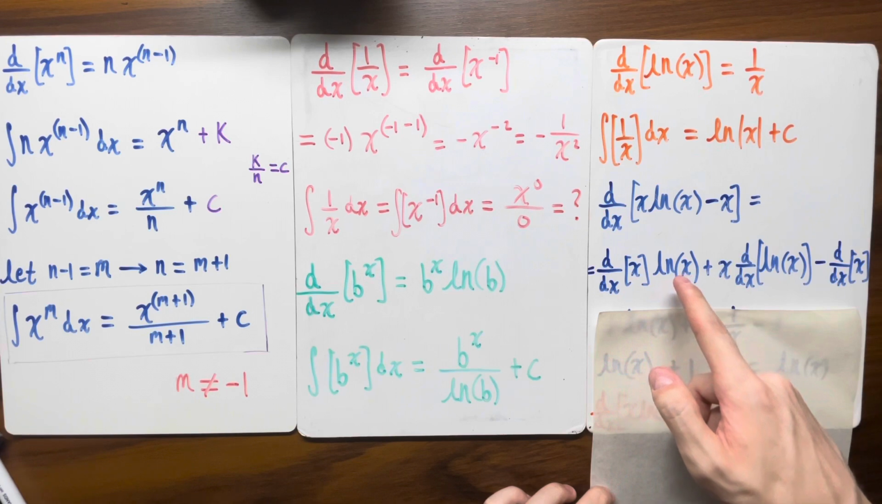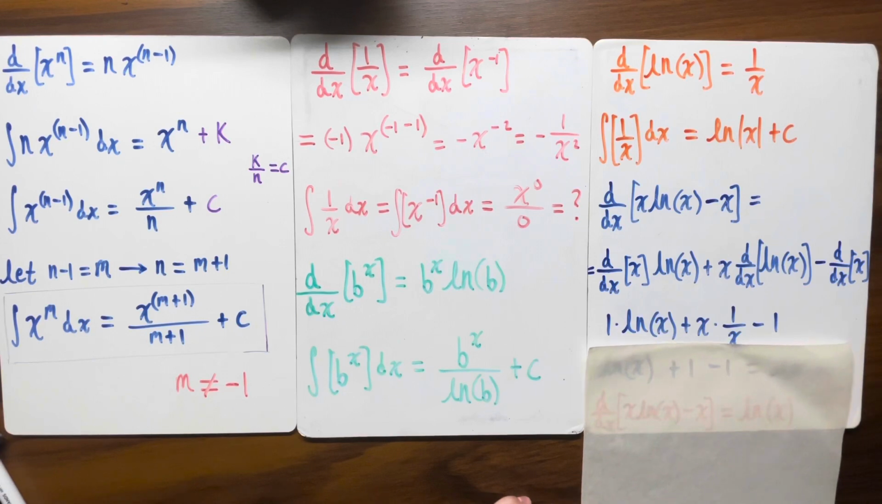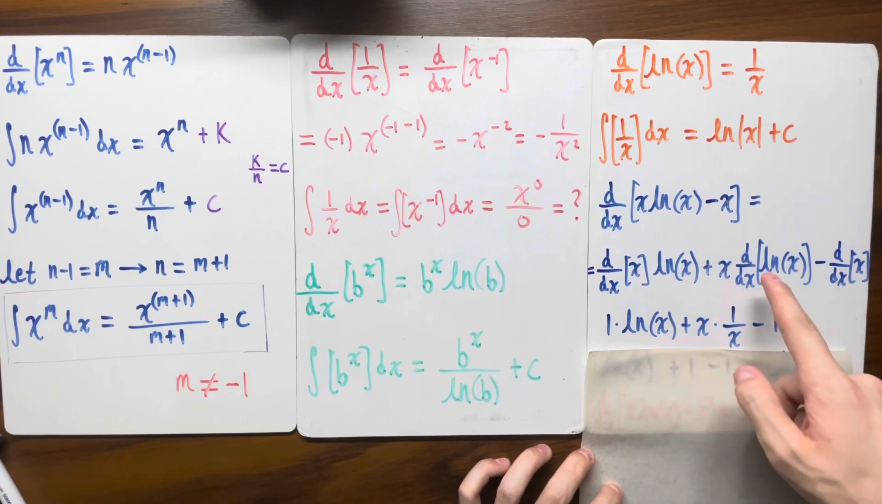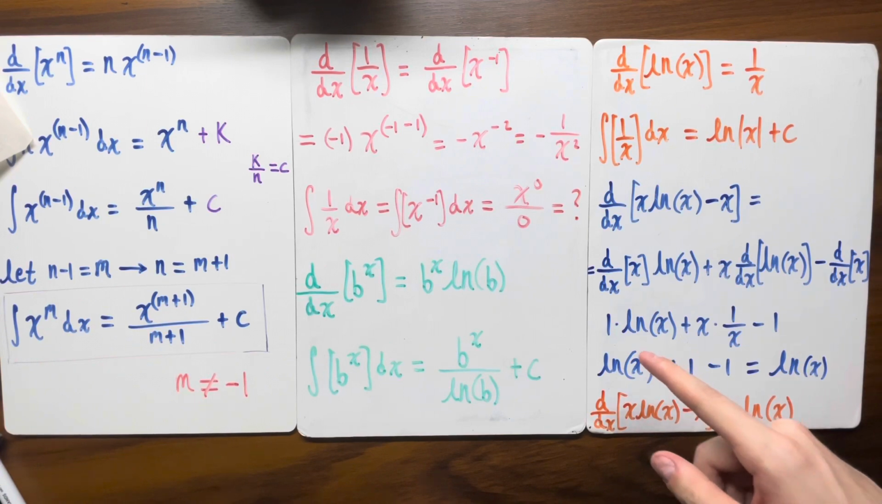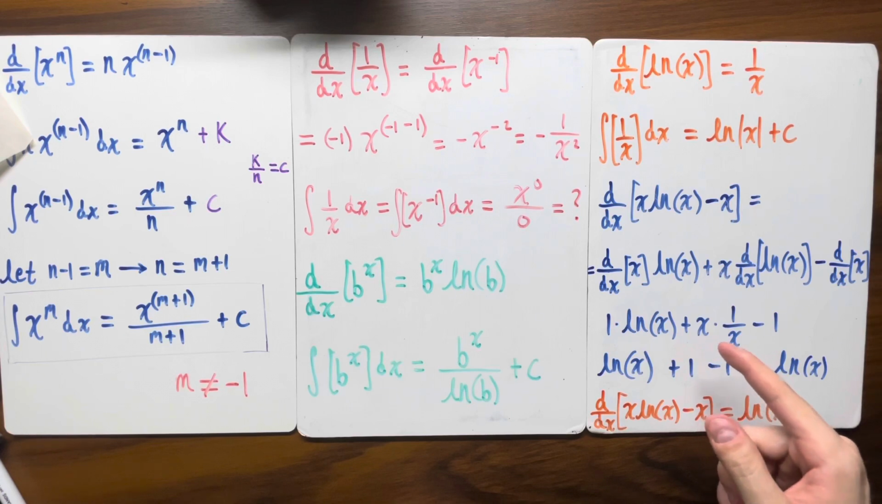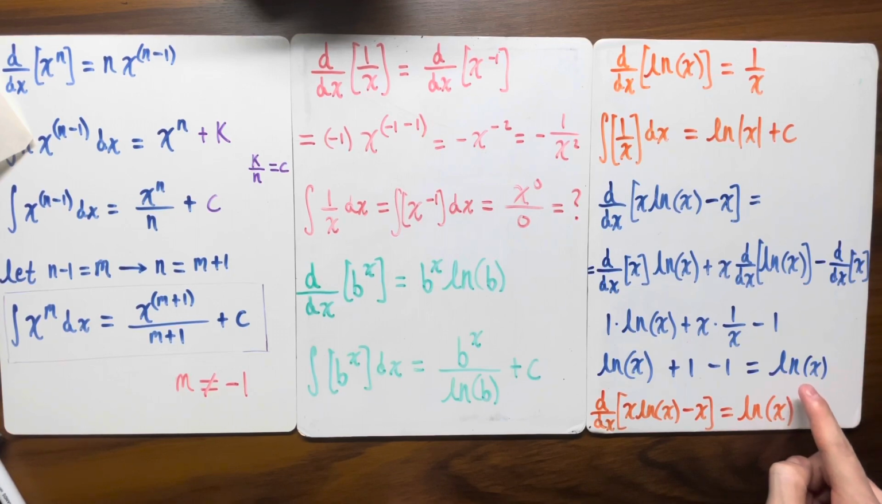So 1 times ln of x plus x times 1 over x minus 1, as we see here. So of course, 1 times ln of x is just ln of x. And then x divided by x, or x times 1 over x, is 1. So we get that ln of x plus 1 minus 1, which of course is plus 0 here. So the answer is just ln of x. So the derivative of this expression is ln of x. That means that the integral of ln of x is